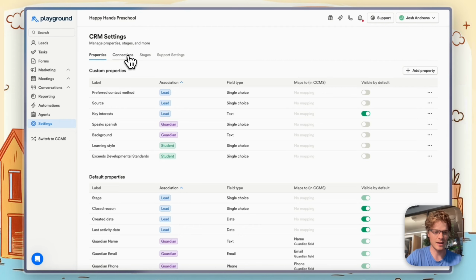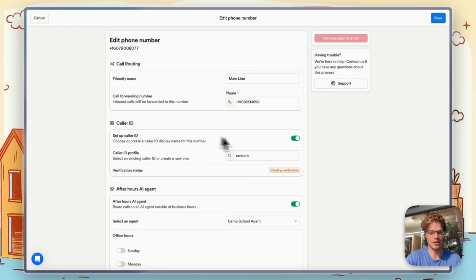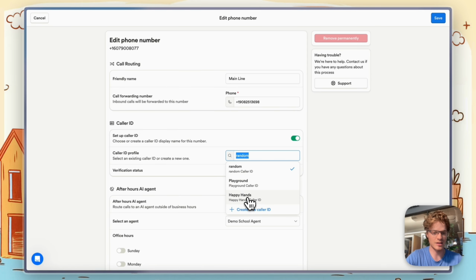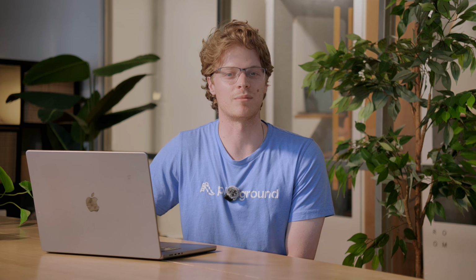In your CRM, if you navigate to Settings, then Connections, and then to your phone number, you'll notice that there's now a caller ID section that you can turn on, and you can select your custom caller ID, and once the verification is approved, this will now be applied to your phone number. You have up to 15 characters to set for your caller ID, and every time you make an outbound phone call, so a call that originates from Playground to a family's number, this caller ID should show up on their side of things. This should significantly improve your pickup rates for new families that you are trying to get in